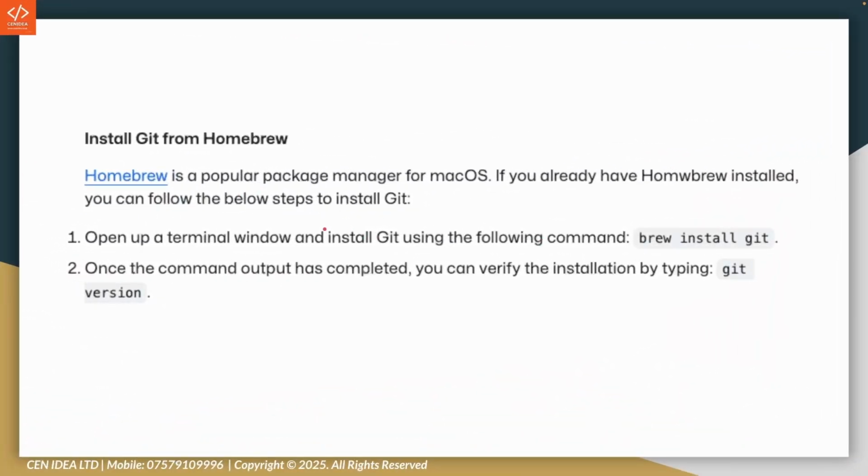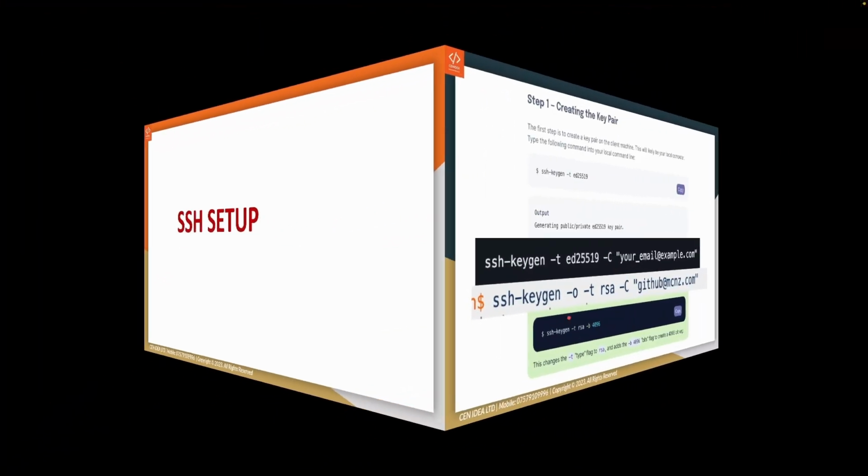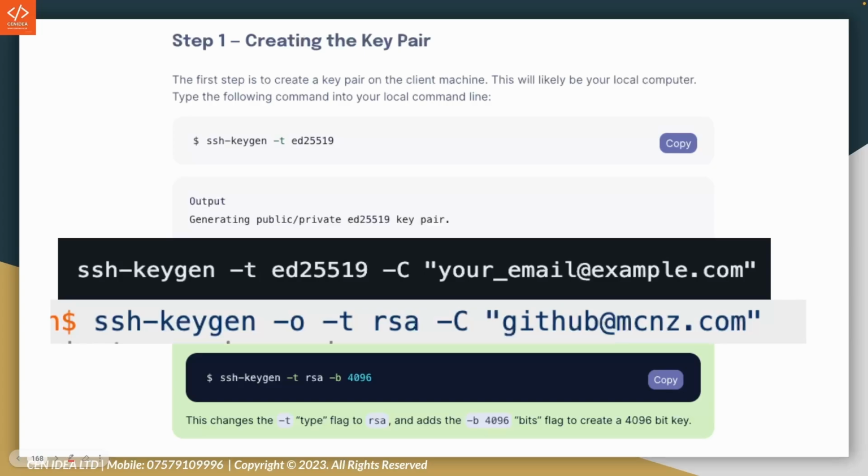So for Ubuntu again, for MacBook here, I prefer Brew. There are other ways of doing it, just get Git there. On a MacBook as well, the SSH client is usually on the machine once you get it. Okay, so setup, how do you do it easily? Just pull up your interface. Here are examples of how to generate this. Before, there was something called RSA, but for now, I'm just going to talk you through how you should do it in today's world. This is 2025 really, but this ED25519 is recommended